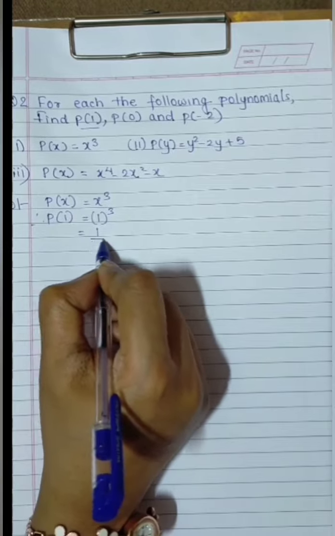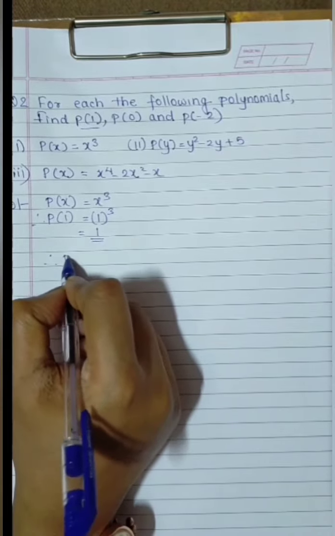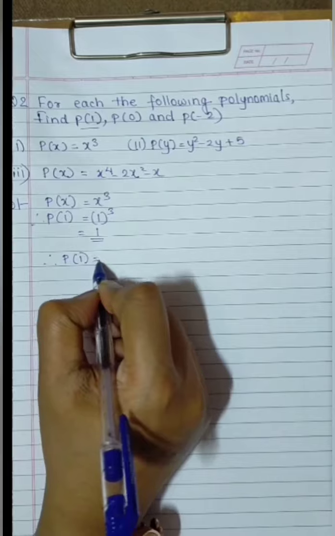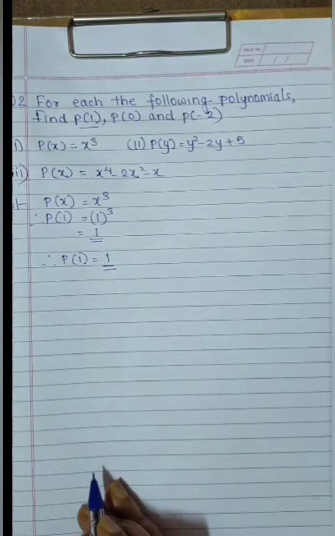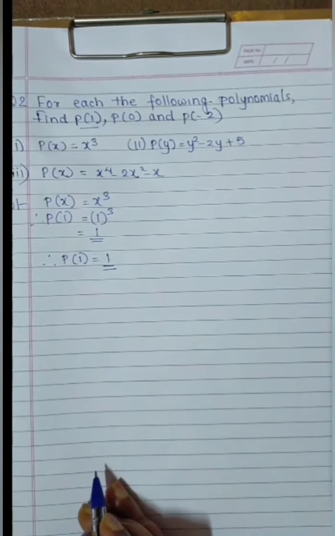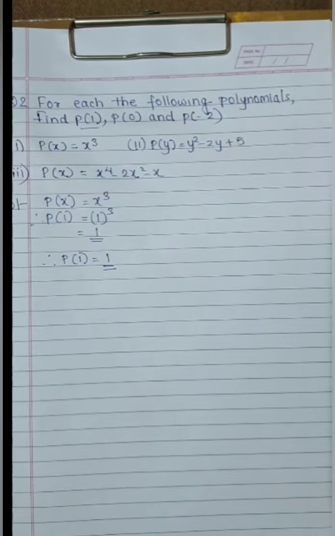Okay. Now here the answer is what? Therefore p(1) is equal to 1 itself. I hope you are understanding. Now I am going to solve the second question